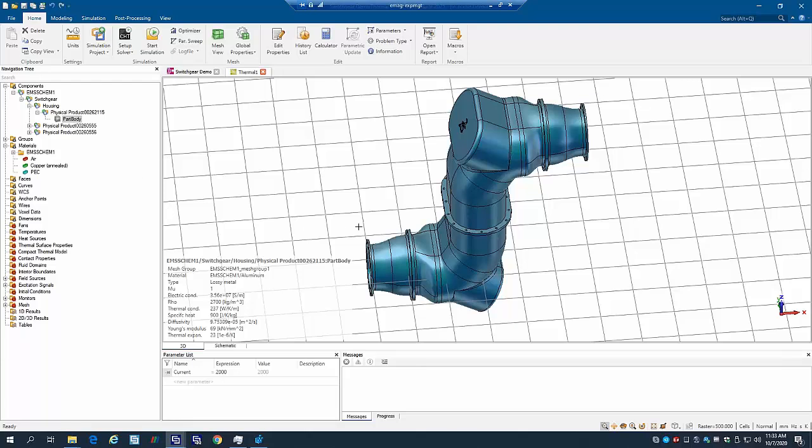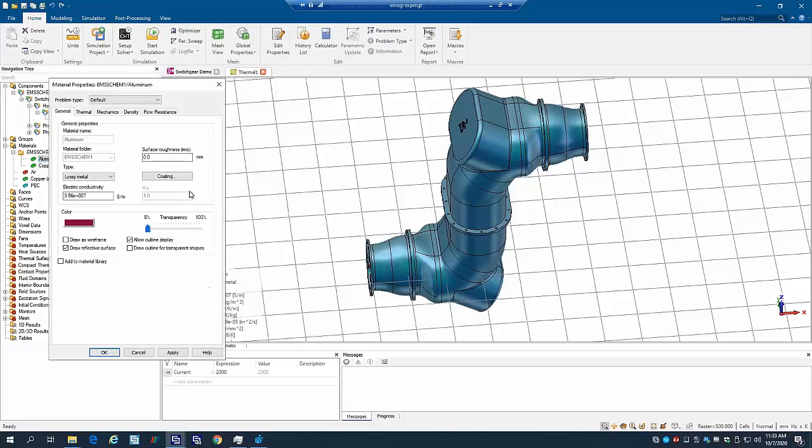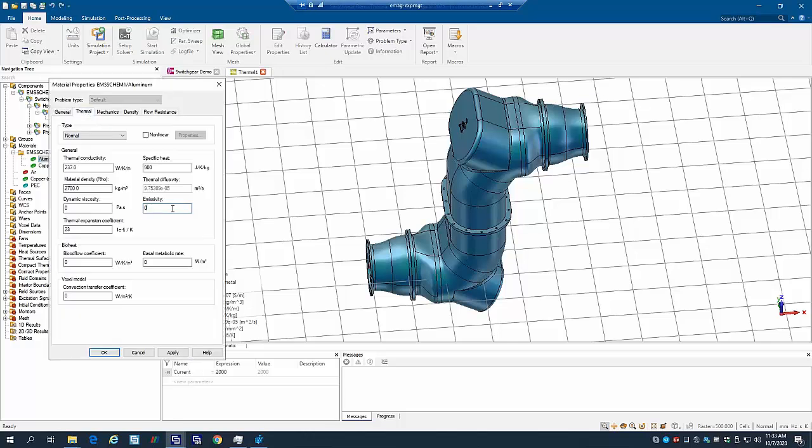But I say this is, there's no cooling fan in this case. We need to model radiation. So I need to modify the thermal property ever so slightly. I need to go into here, and this is the aluminum object. You right click on it and go to the thermal property here, and enter something